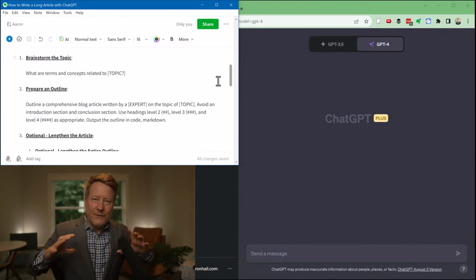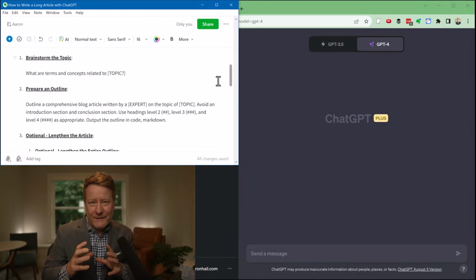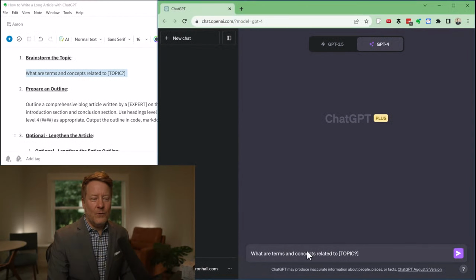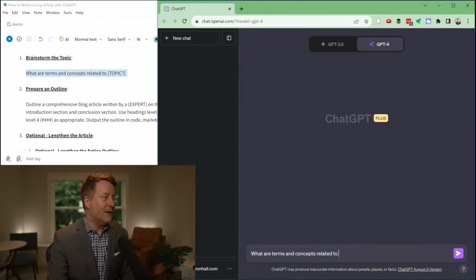But we want to get into its short-term memory the universe of general concepts that we're writing about. So that's really easy. You just put in this prompt, "What are terms and concepts related to," and then we enter whatever your topic is.